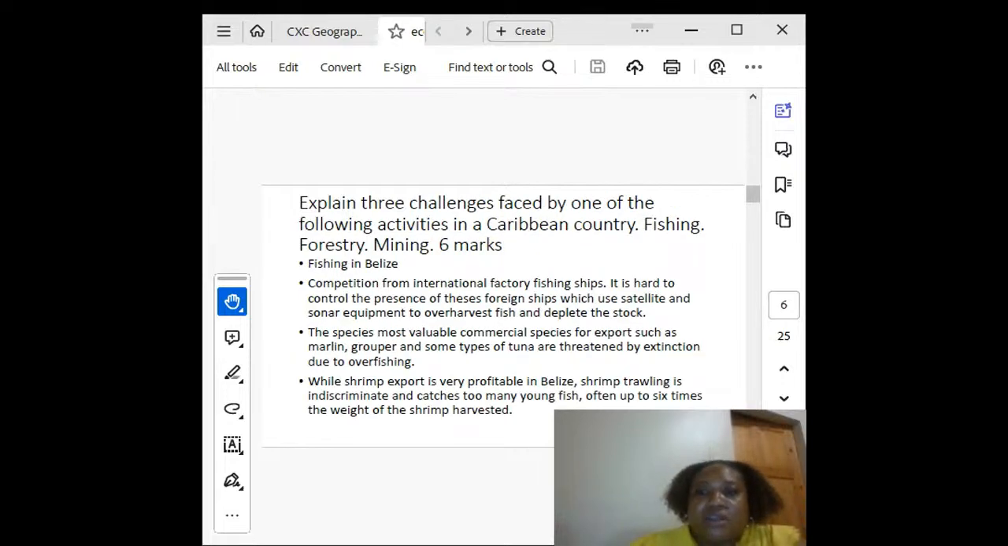They went into now discussing any type of economic activity for a country like fishing, forestry, and mining, right? And remember, most times they ask you to choose one. So in this case, you're looking at fishing. What are some challenges? So one, you have competition, and this is with respect to the case study of Belize. You're going to have competition from